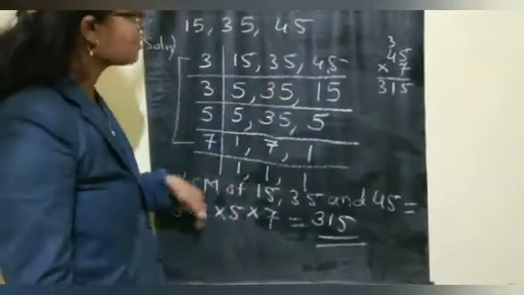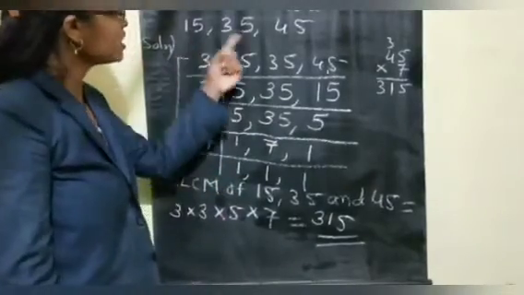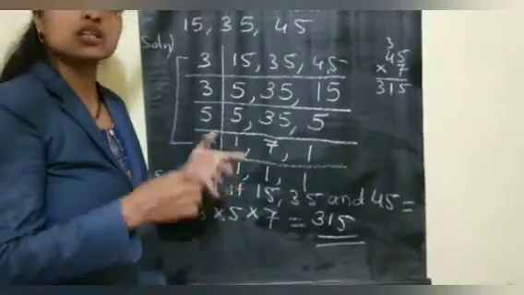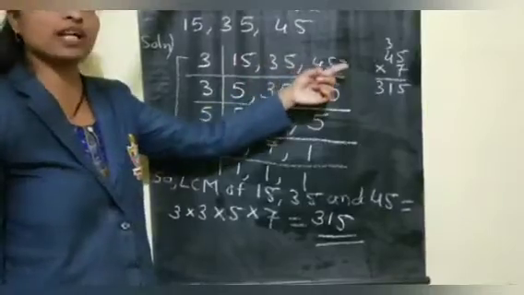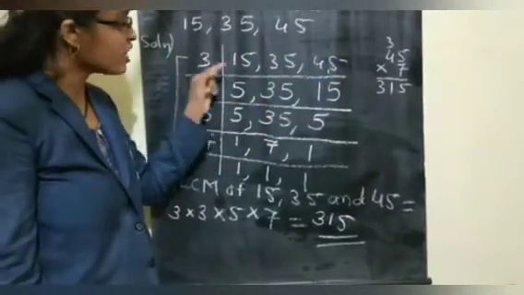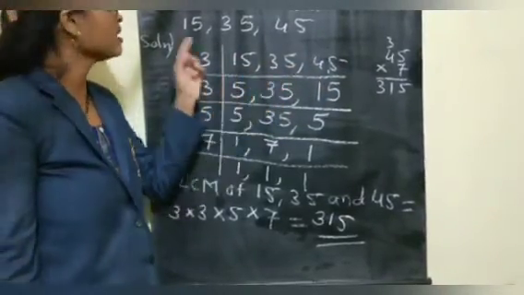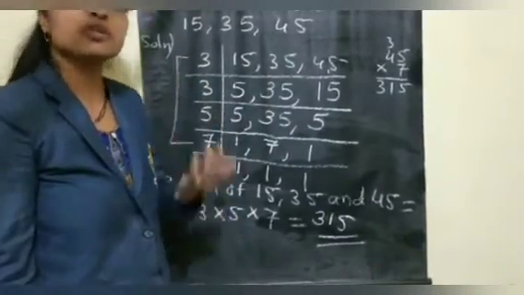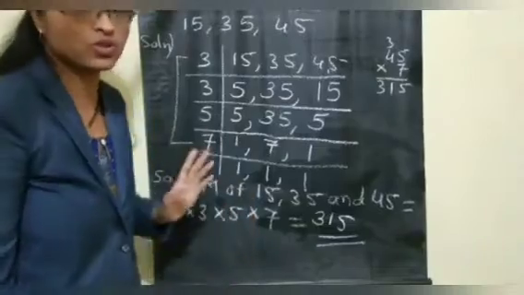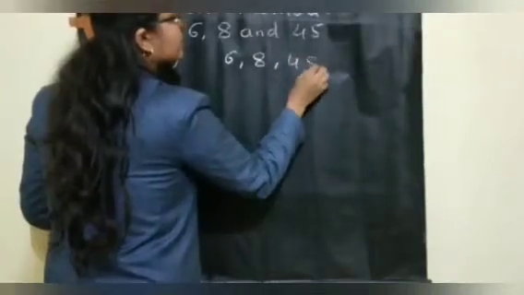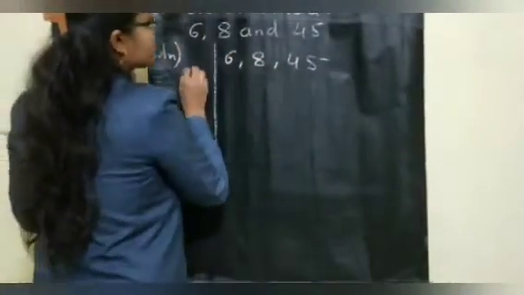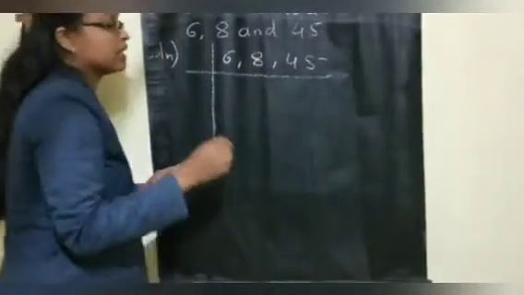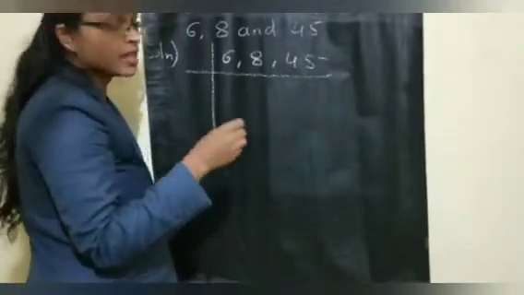Like this you people have to find the LCM for 3-digit numbers also. Maybe 2, 3 or 4 numbers arranged together. Start with a prime number such that at least one number is a multiple of it. If 2 is not possible, go for 3. If not possible, go for 5, 7 and so on, children. And start with the smallest prime number, that is 2. Check whether you can divide at least one number or not.